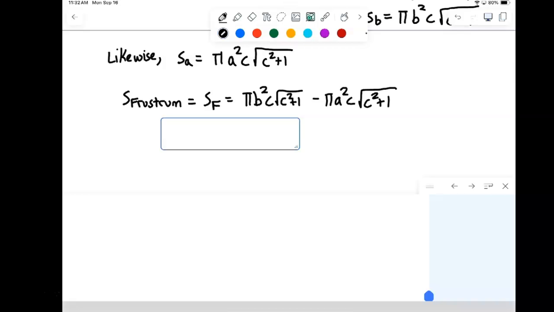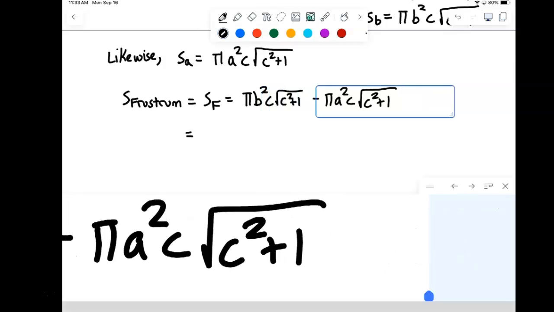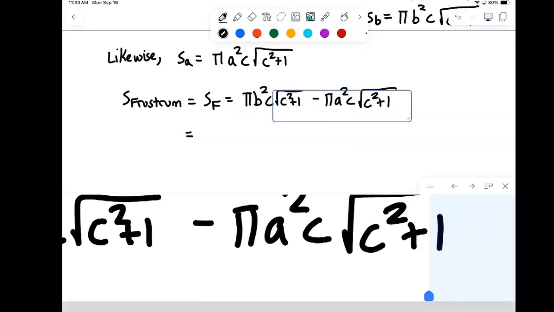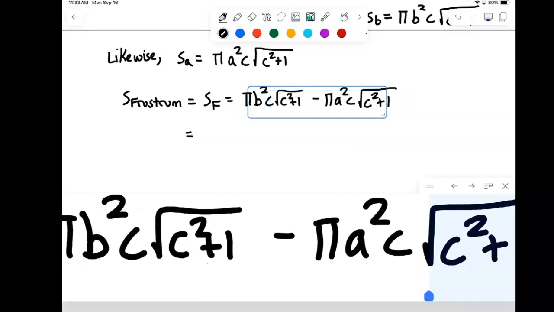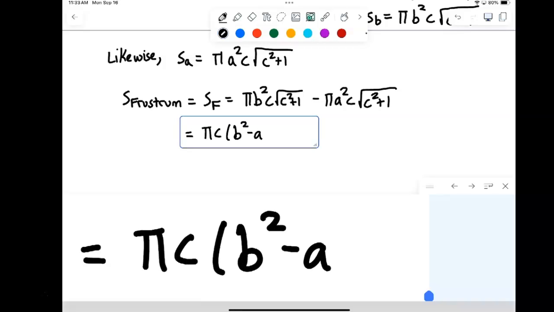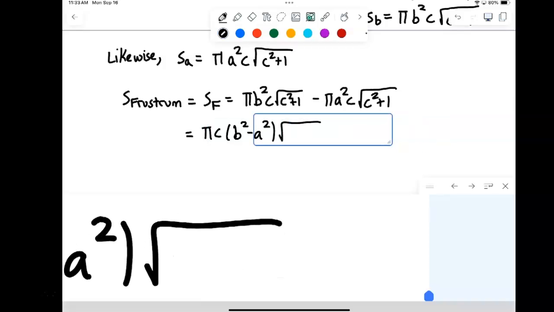We simplify that with a little bit of manipulation. The c, the square root of c squared plus 1, and the pi are in everything, so they can be factored out, and all that's left is b squared minus a squared. So we get pi c times b squared minus a squared times the square root of c squared